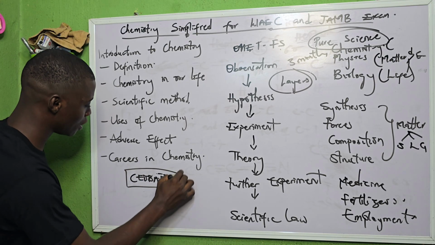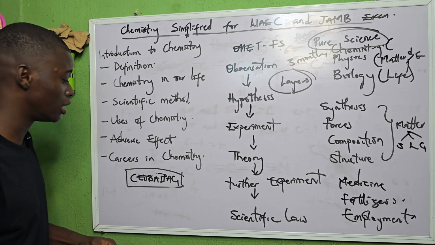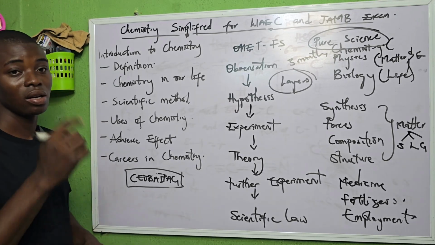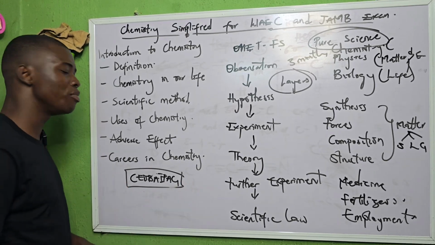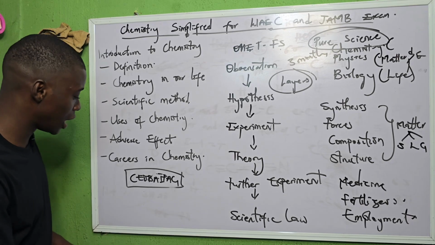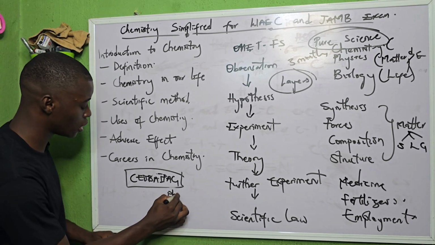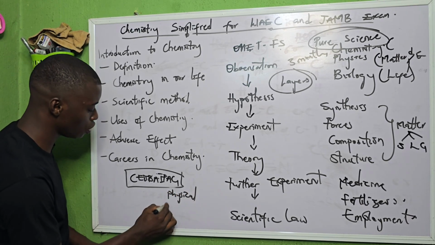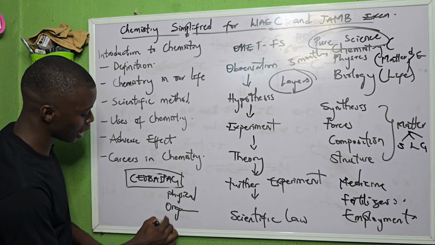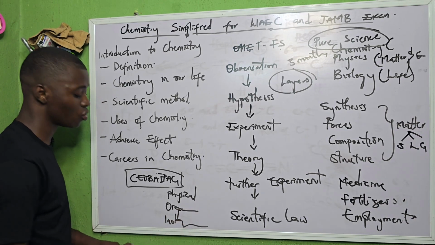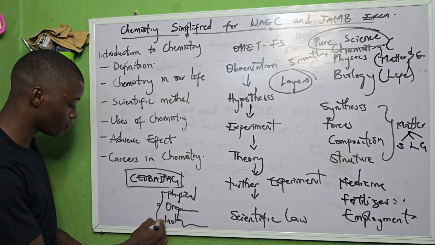These are all the major branches of chemistry. Generally, they will only give you three: physical chemistry, organic chemistry, and inorganic chemistry. So there are the three that most persons will give to you, but I'm going to give you all